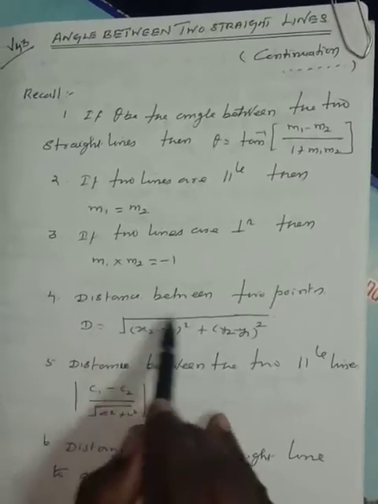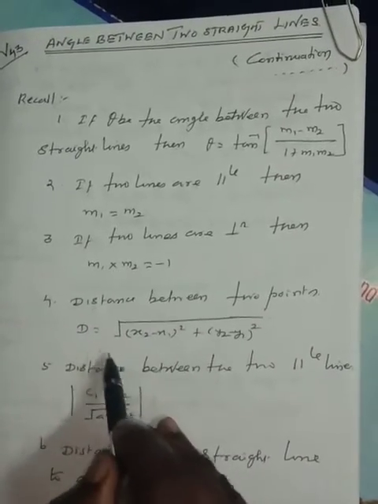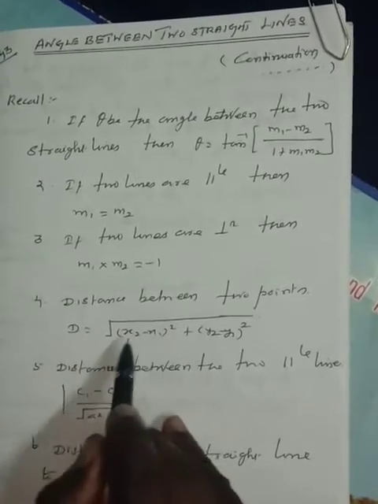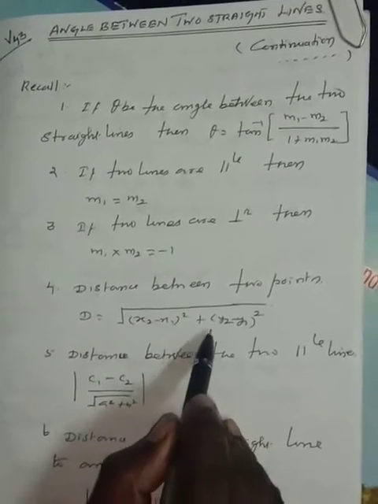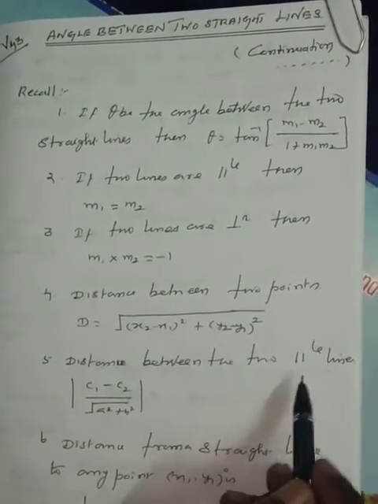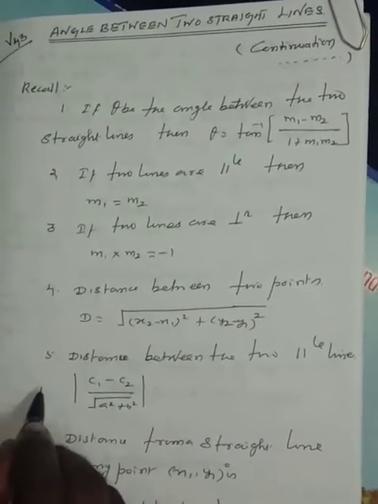Number 4: the distance between the two points, using the two-point formula, is the square root of (x2 minus x1) whole square plus (y2 minus y1) whole square units. Number 5: the distance between the two parallel lines d is equal to